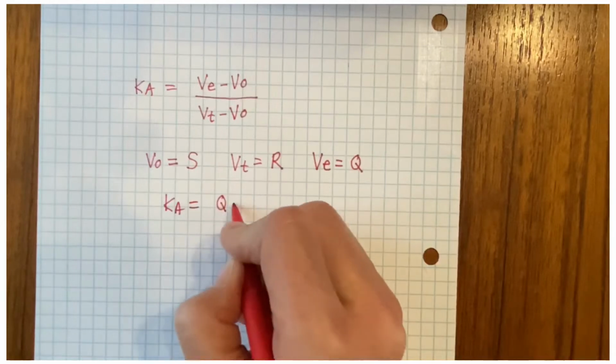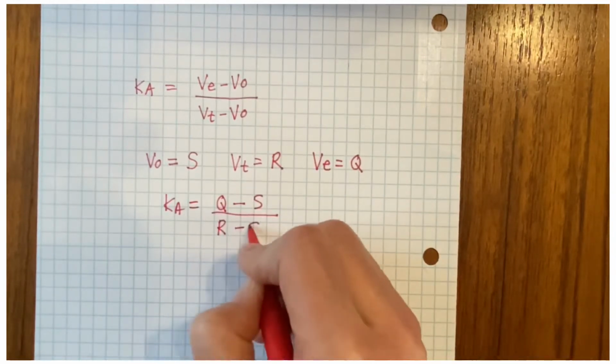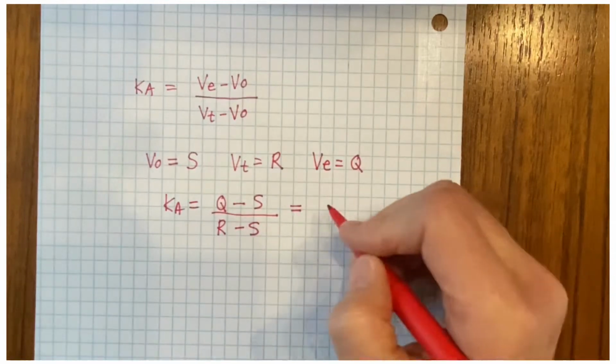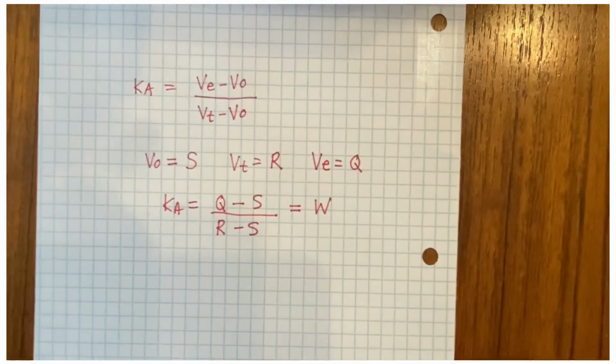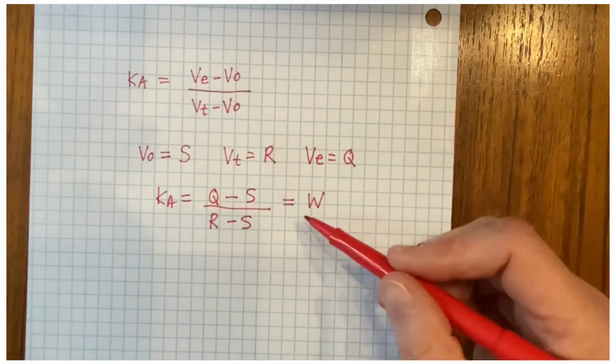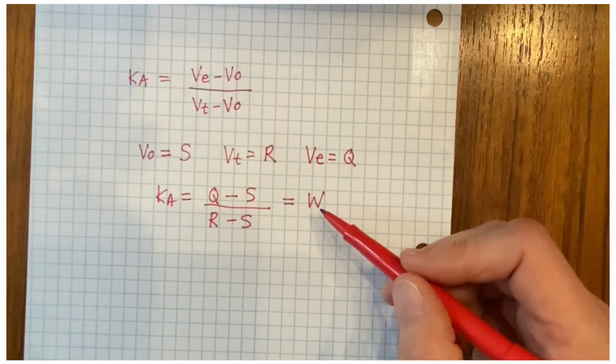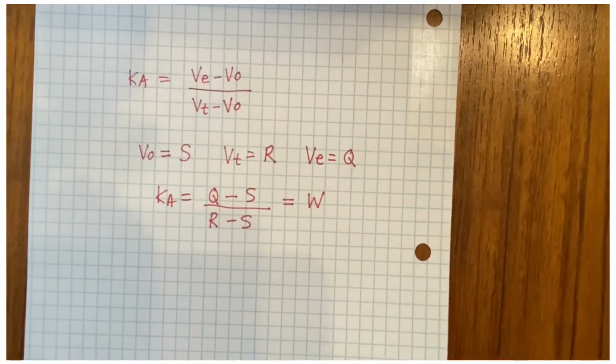So to get K average, we just simply put those values in. So it would be Q minus S over R minus S. And let's just say that equals W. So once you do that calculation with your actual numbers, you'll get a K average. That's a number, we'll call it W. And then what do you do after that? You make one more plot,